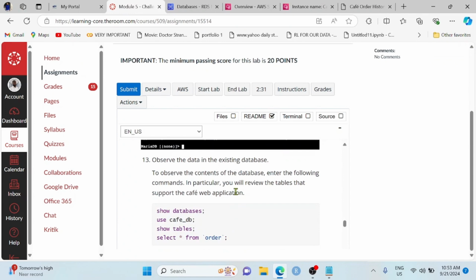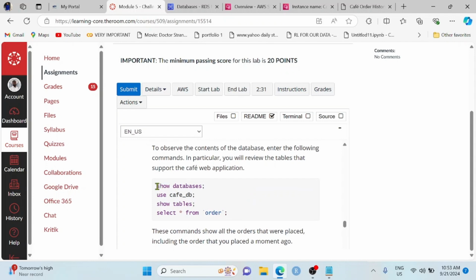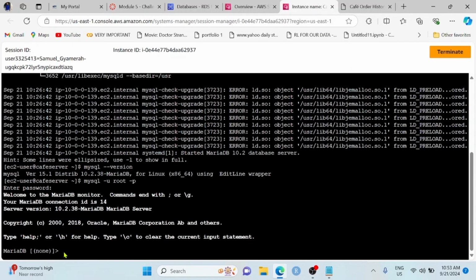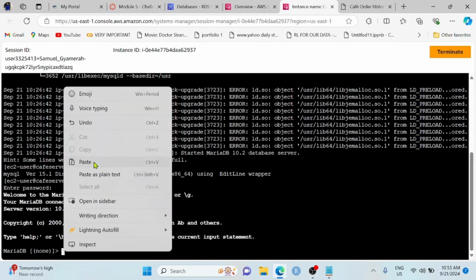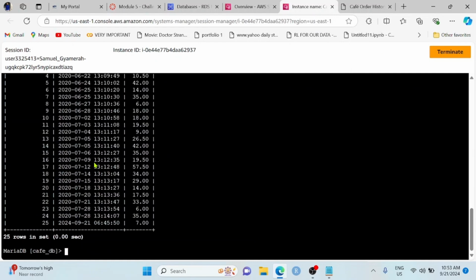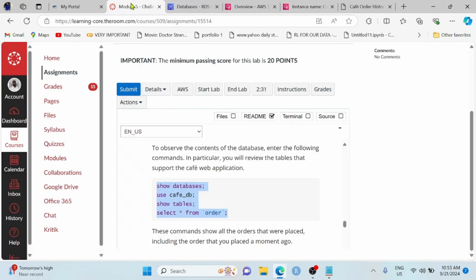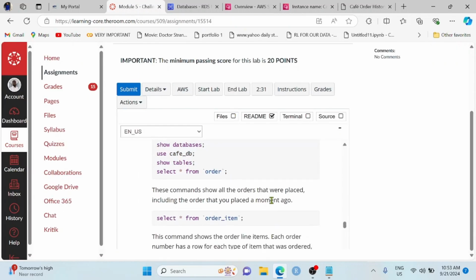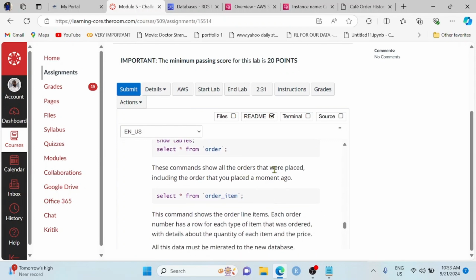To observe the data in the existing database, we can run this command, show databases, to show the data. So let's just copy it and then paste it in the terminal. So we can see the data here. Hit enter. You can see all the orders placed here. So this command shows all the orders that were placed,